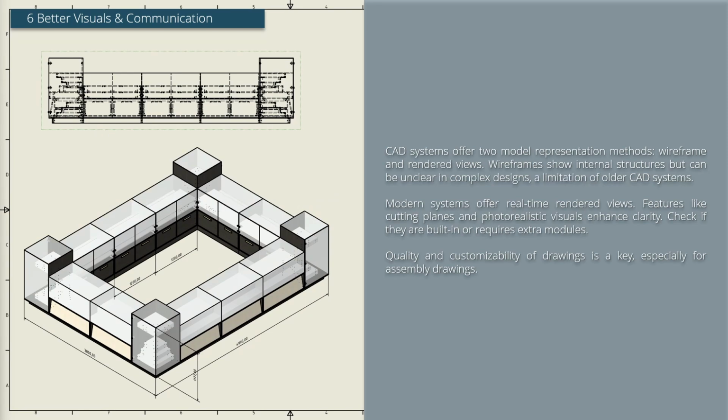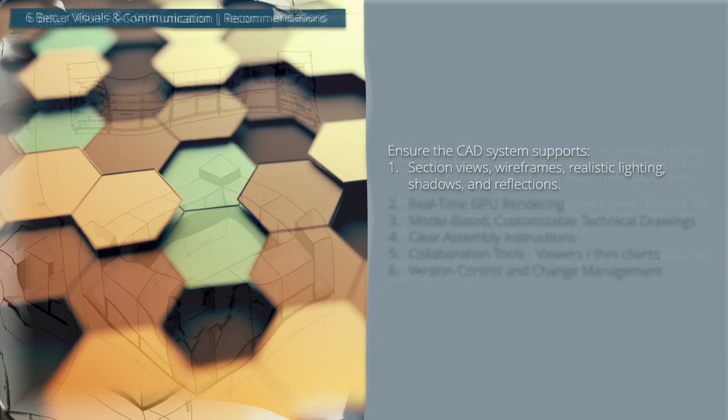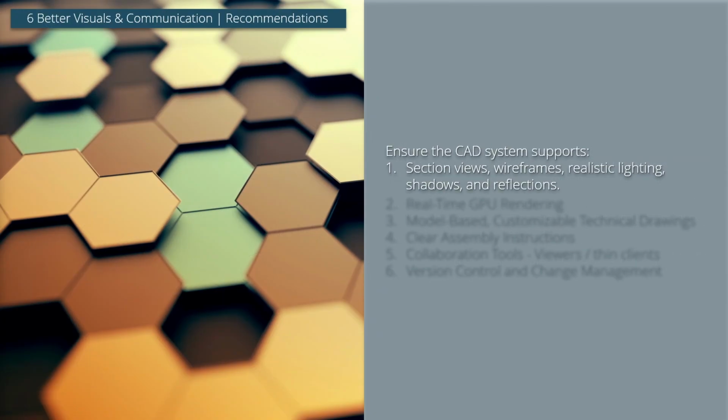Your CAD should be able to deliver section views, detailed views, BOMs, and so on within the drawing. And in an ideal world, those drawings should be related to the model. If you change the model, the drawing should be updated automatically, because otherwise we get a broken link. What are our recommendations? You need to choose a CAD system that supports wireframes, section views, lighting, shadows, reflections, and